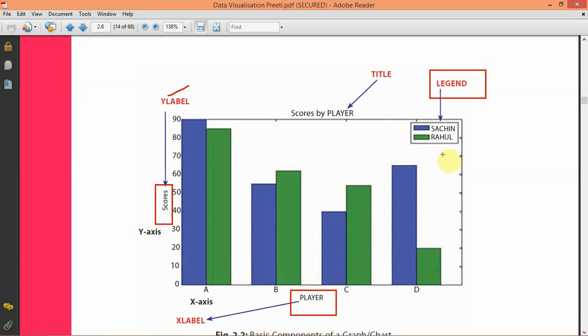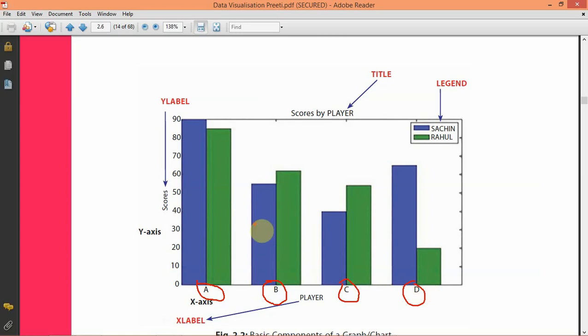Like in this graph you can see Sachin and Rahul. Here we are able to see 4 quarters have been given for making run, quarter A, quarter B, quarter C and quarter D. So every quarter run is being compared for Sachin and Rahul.